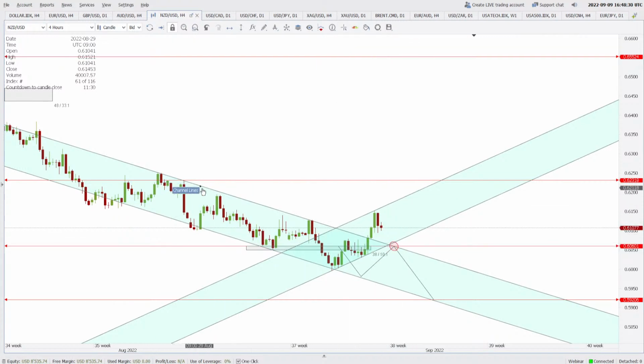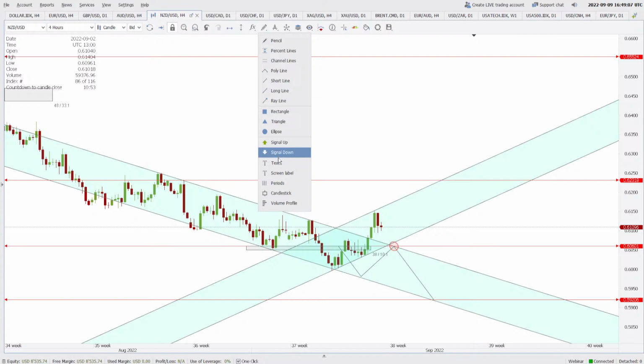Why? Because one support will be given by this falling trend line or falling channel's resistance line, which will be acting as a support. One will be given by this 0.6060. It has been a very good support in the past, also a very good resistance in the past. Second one is the channel that we have drawn on the 4-hour right now. This is also somewhere here. So you have multiple reasons for buying this pair when the price comes from the top to this area, like 11th of September, maybe on Monday. This will be a good buying option with a target of 0.6231.